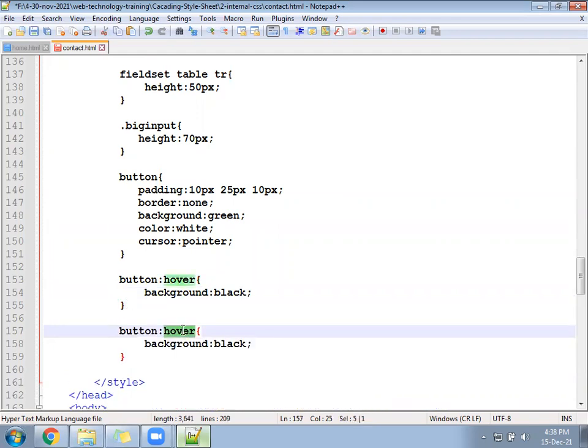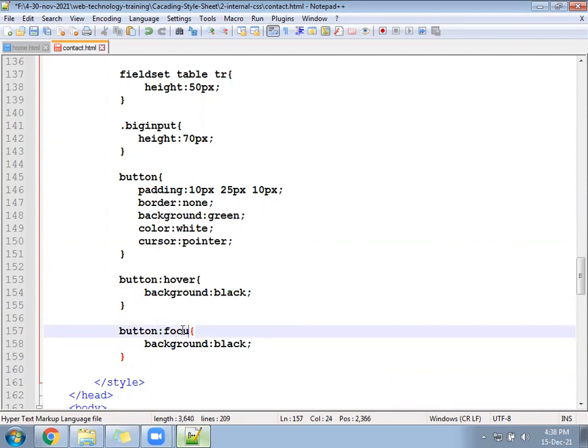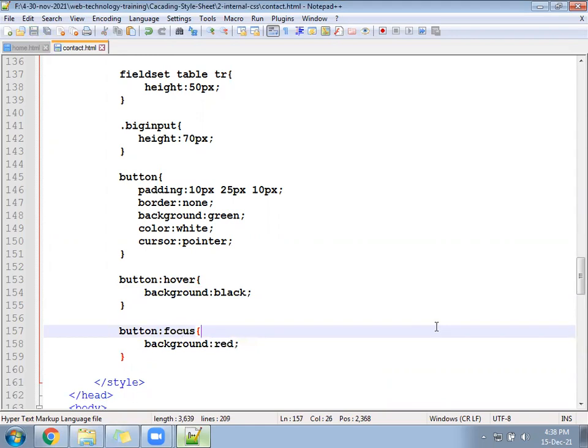When you click on that, that is called focus, and the background will convert into red color. By default green. When the mouse goes over the button, the button will convert into black. And then when you click on the button, the button will convert into red. That is called hover and focus.